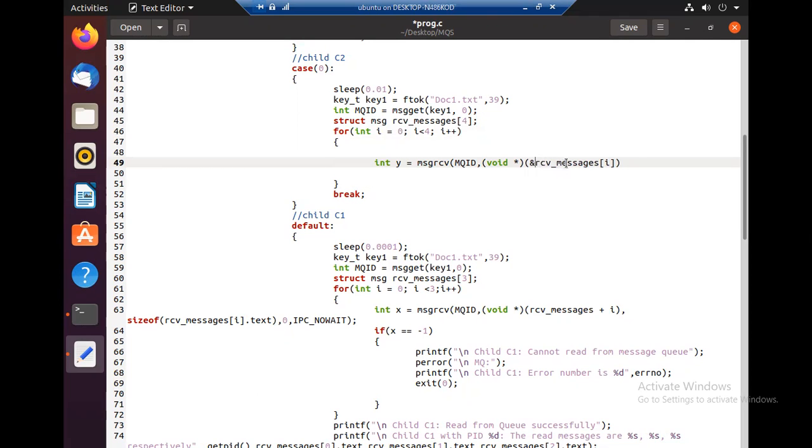Address of RCV messages ith structure's address. This is an alternative way to pass this. Okay, that is the second argument. Then the third argument is the size of this message structure's text, RCV